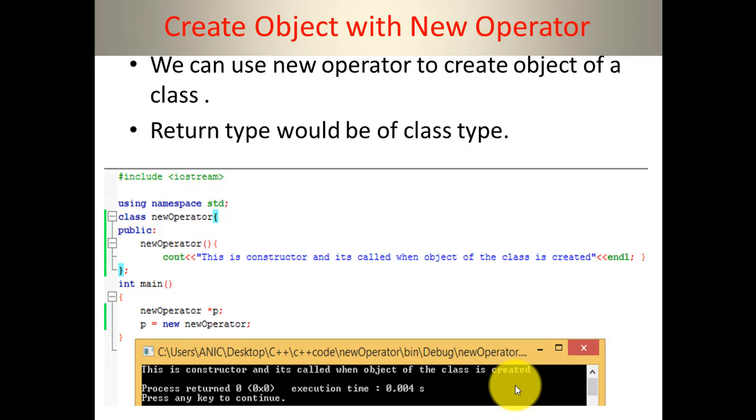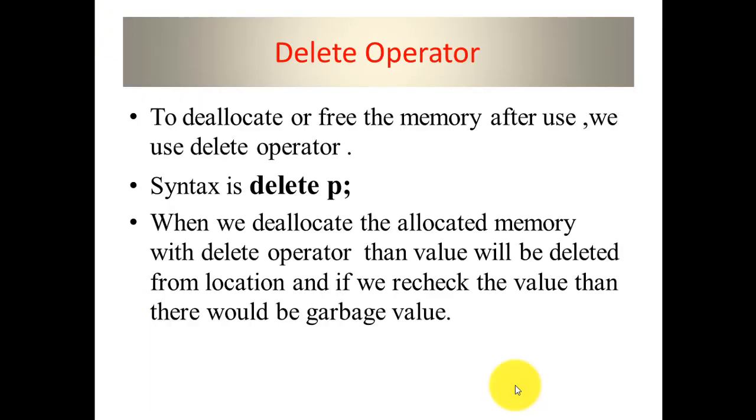So if we have memory and we have used it, what if we want to deallocate the memory, if we want to free the memory after usage? So here is the concept of the delete operator. What does the delete operator do? It basically deallocates or frees the memory after use. We use the delete operator and the syntax is simply delete p. If we write delete p, as we know that p contains the memory address, so it will completely free the memory space and delete the